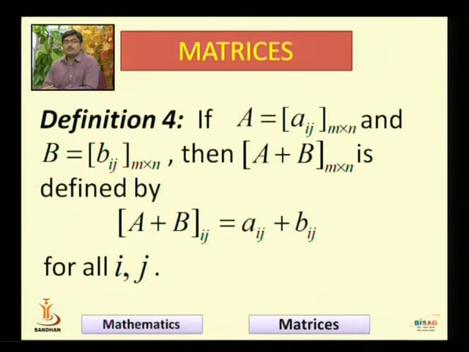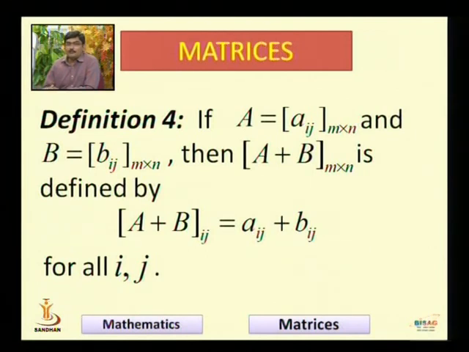Now, when we have identified how to say two objects are equal, we want to define how to add these matrices. The reason is the following: we want to reach the level of a vector space. So, let us take two matrices A and B, both of them should be of the same size. You can take any two matrices of any sizes, but their sizes should be the same. So, I have taken A and B. I have defined A plus B as follows.